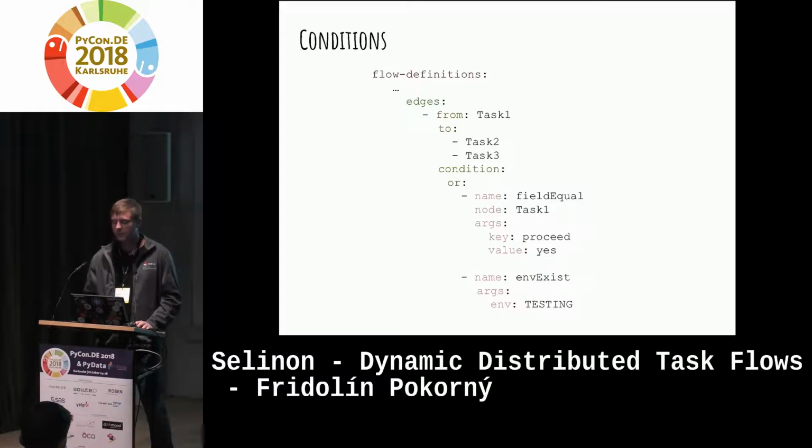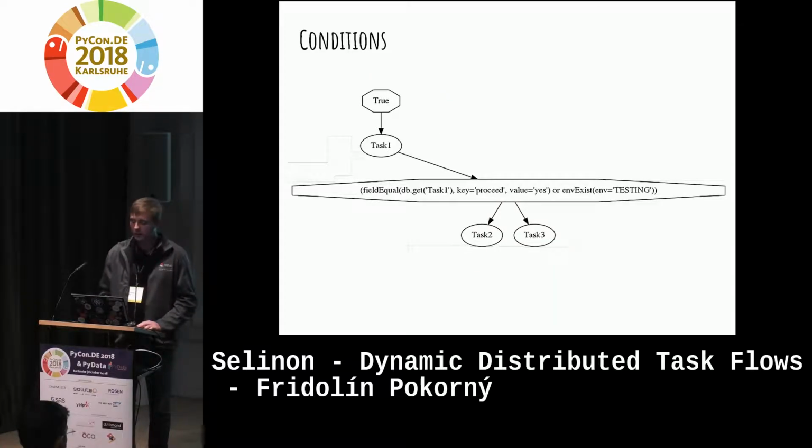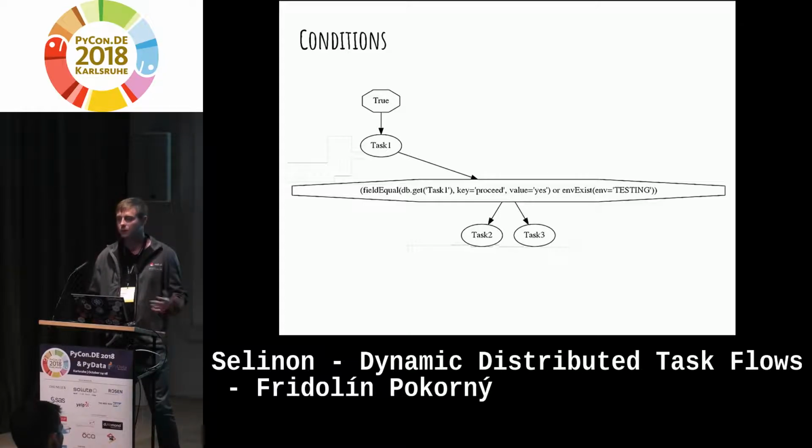So in this case, we proceed from task 1 to task 2 and task 3 in our flow when there is a key proceed with value yes, or if there is an environment variable that is set named testing. These conditions can become compound using Boolean operators as desired, so you can do and, or, not. If we visualize our flow, we can see something like this. So task 1 is executed, and then task 2 and task 3 both run in parallel